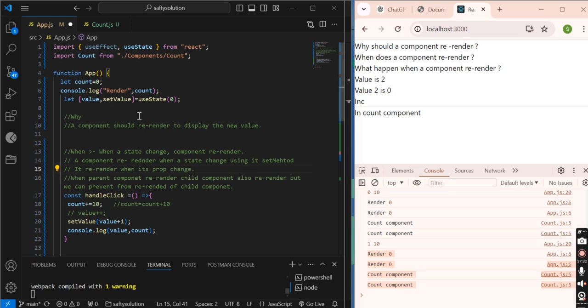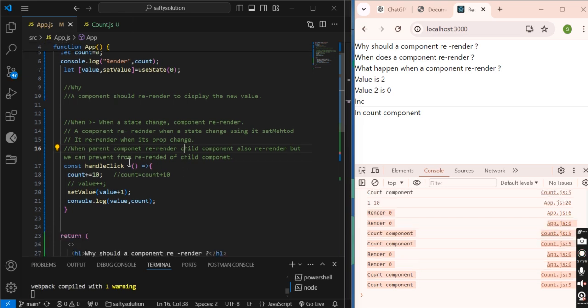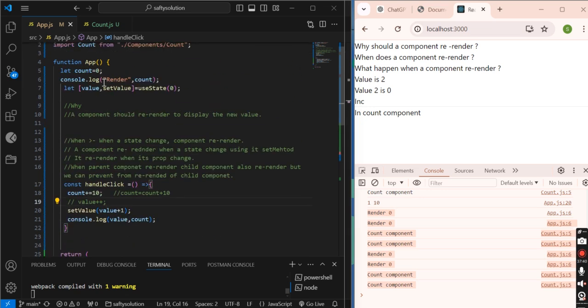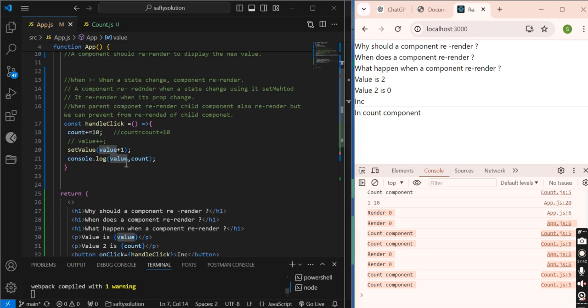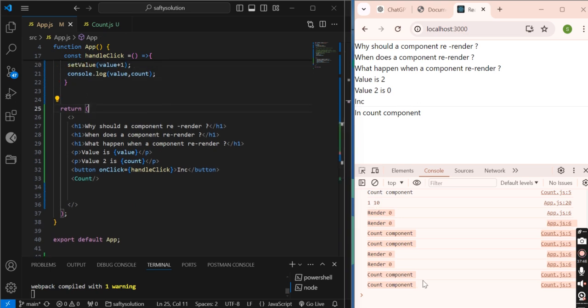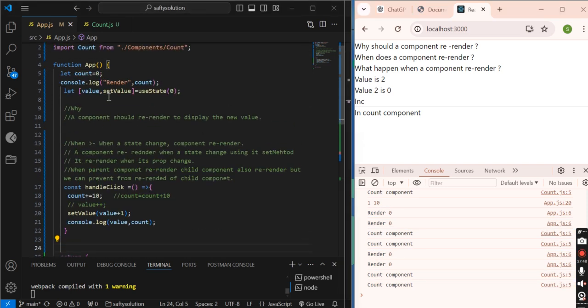In this example, the parent component is re-rendering because I am changing the value here. Since the parent component is re-rendering, the child component is also re-rendering, but this is optional. We can prevent it from re-rendering via some methods, via some techniques.